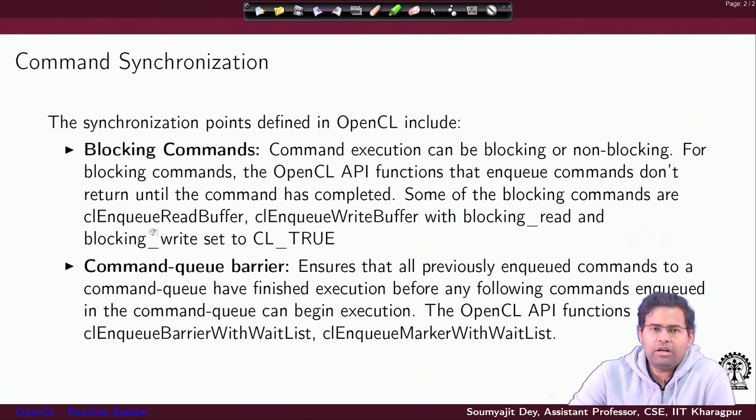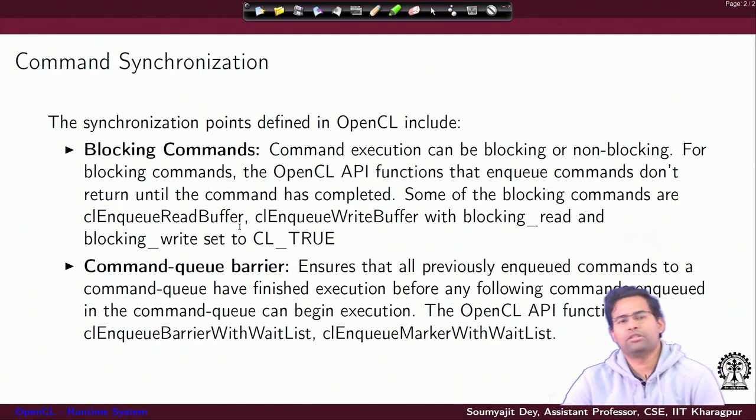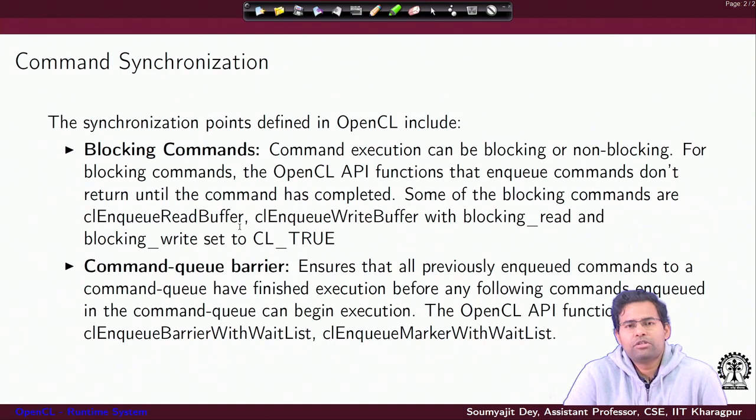As you can see, when you are making these enqueue commands of read buffer and write buffer like defined earlier, they also had a field where you can set this flag of blocking read and blocking write respectively, and in those cases they are blocking commands. That means if you do not set it, then they will fire asynchronously. That means without this read buffer or write buffer finishing, the host program may move forward to the next command, right, because they will just keep on happening without blocking the actual flow of the execution. But if you set them to blocking read or blocking write, then until these commands are complete, the host program's execution will not go forward.